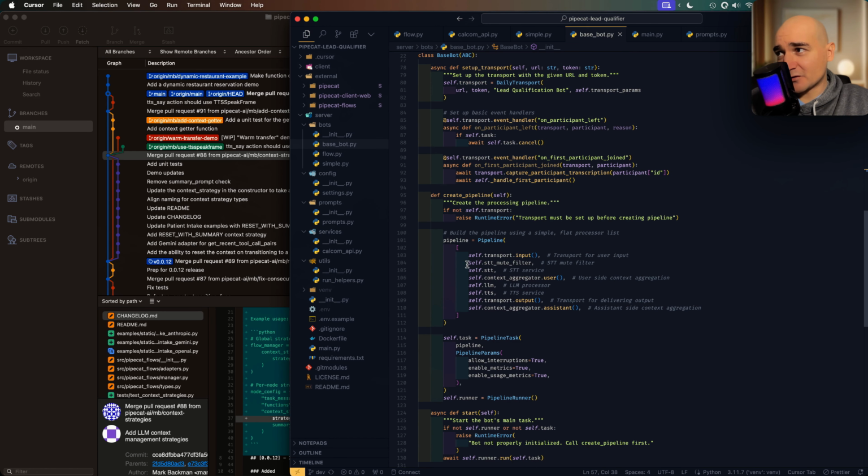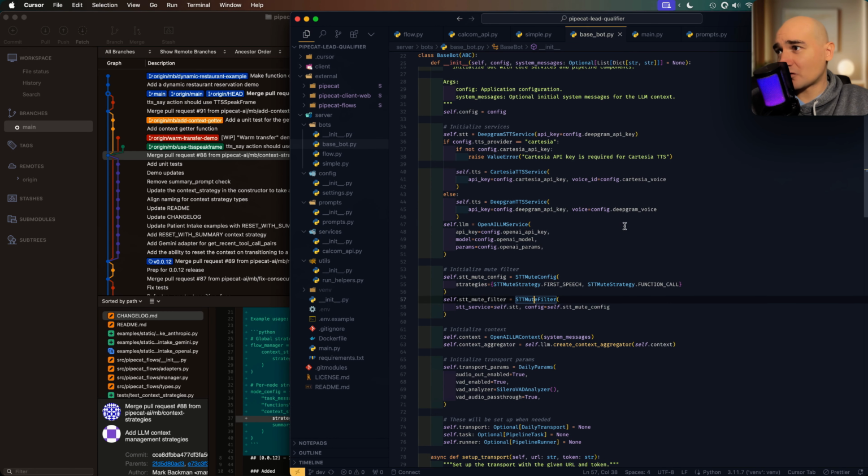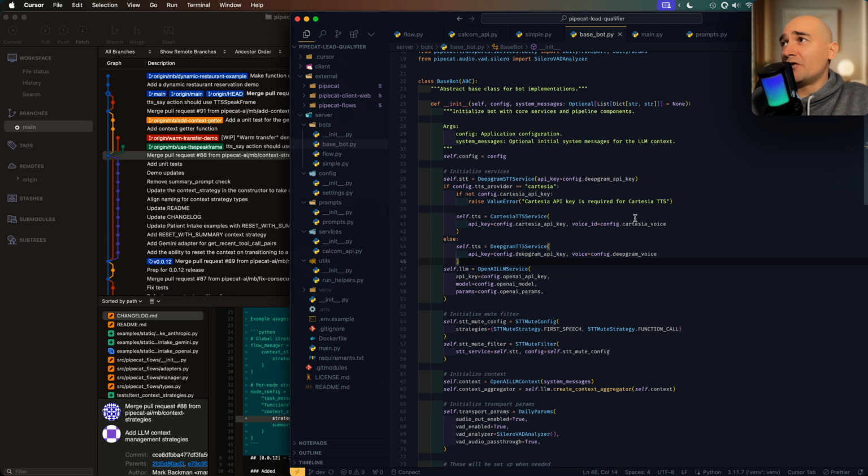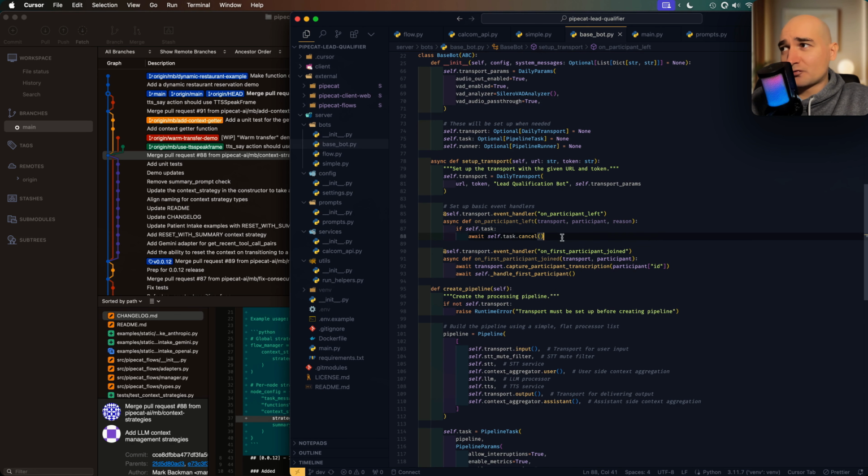So when the pipeline is built, it goes in there before the speech to text. Then I've also got the strategy mute first speech and function calls, so you can't interrupt it when it says the first thing. Another thing I did, which I believe will be, no, it's in the base bot. Right, so previously I was having issues where if the bot had an error happen while you were chatting to it, and you then left the chat, let me actually show you the difference, it'll probably help.